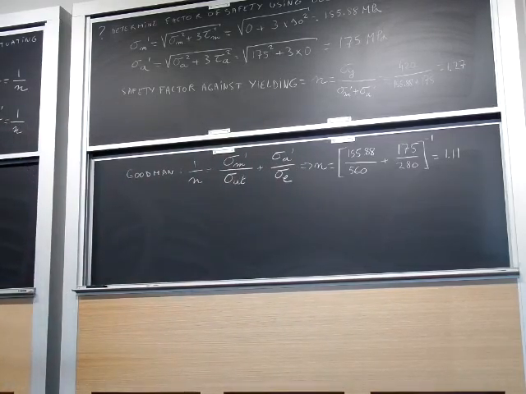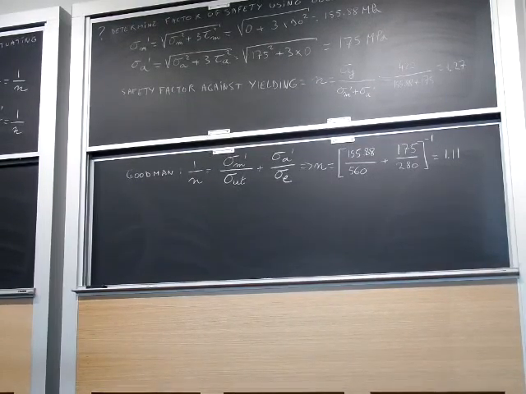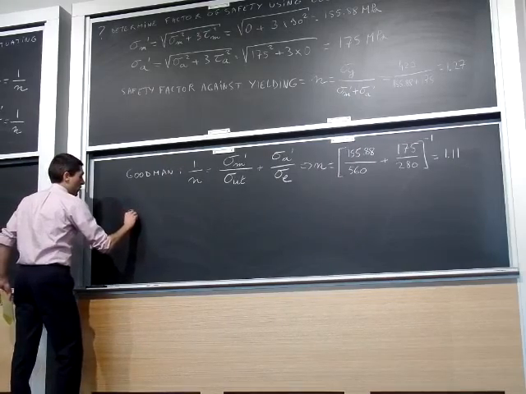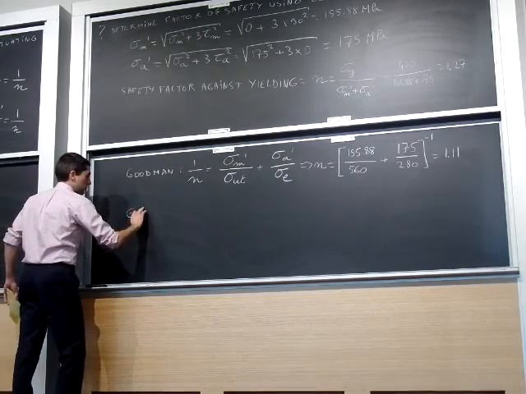So now we're going to calculate the Gerber parabola. Would you expect a smaller safety factor than the Goodman line or a larger safety factor? Larger, right? Because it is a less conservative failure criterion, so you'd expect that it will give you a larger sense of safety, and that will be translated in a larger safety factor against fatigue failure. So for the Gerber parabola,